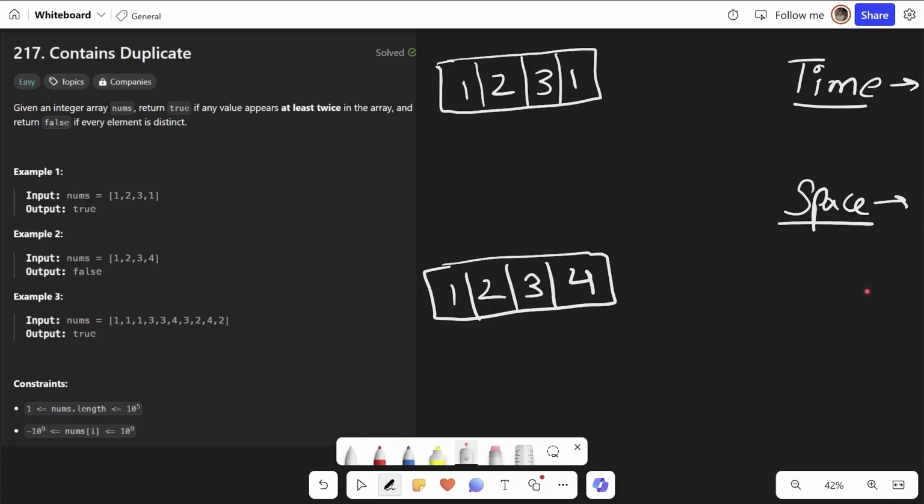As we are given an array, we can bring all the similar numbers in the array together by sorting. So for example, if I sort this array, the resultant array will be 1 1 2 3. Okay, now can we use this sorted array to somehow improve our time complexity?